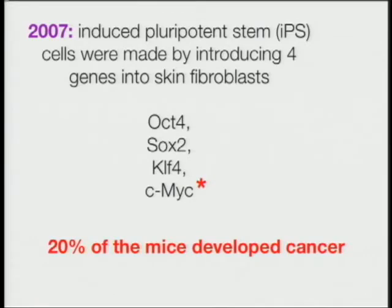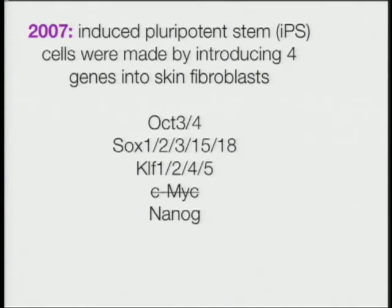That was in 2007. In the last two years, we've now found that you can use a host of family members from these four gene families, and they can remove c-MYC, get it out of there, because that's a bad one, put in its place a gene called NANOG, and they can achieve the same effect. We now know, just recently published, that you don't even need to use a virus to introduce these genes into the cell. You can actually use the proteins. That means there's no viral particles that you'd have to put into a cell